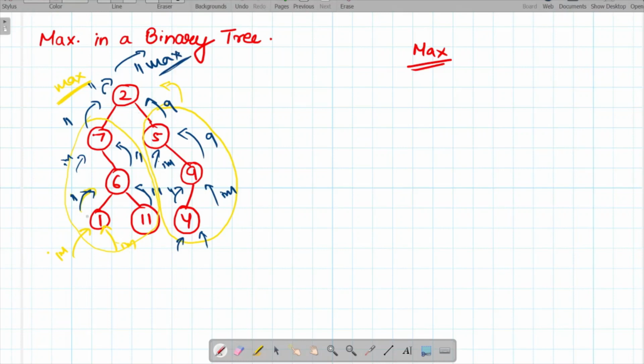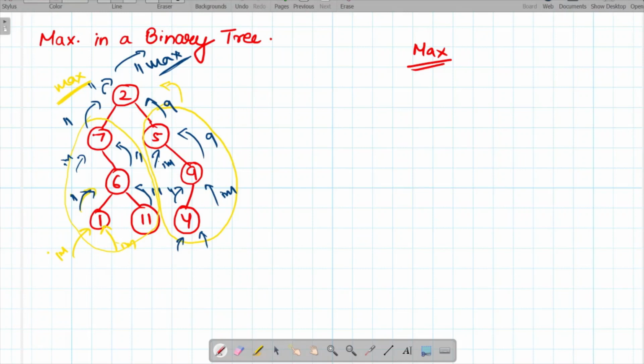First of all, we have to find the maximum element in the left subtree, we have to find the maximum element in the right subtree, and then we will compare both the values, and whatever is the maximum amongst the two, we will compare it with the root node, and we will finally return it. Similar is the logic with the minimum element also. So in minimum, instead of comparing the maximum element, we have to compare the minimum element. So that is how we will find the minimum elements.